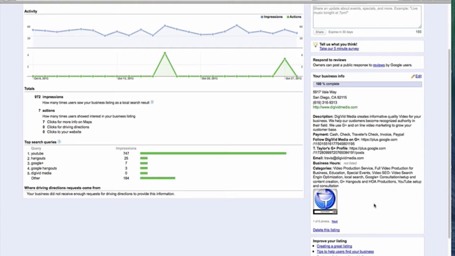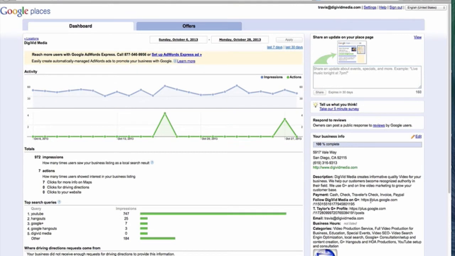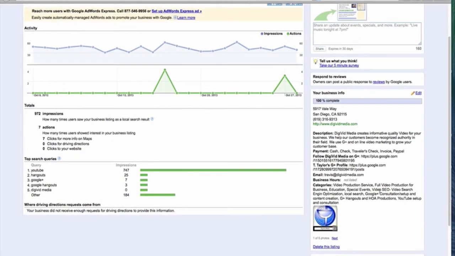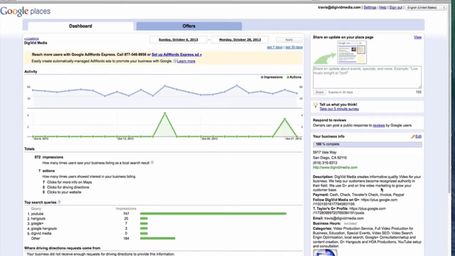I mean, we all know that the terminology alone within Google Places and Google Plus for local businesses has been really just a mess. But while you're in here, you want to try and maintain both areas. Now, you go into offers here. I'll explain that through the dashboard. You'll end up in the same place from here. This offer links to the same offers link from the new dashboard as well.